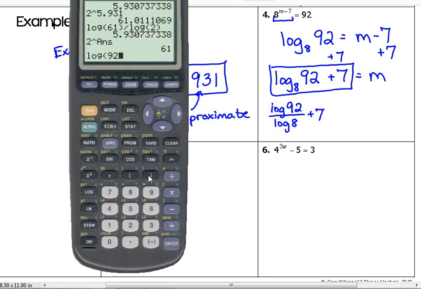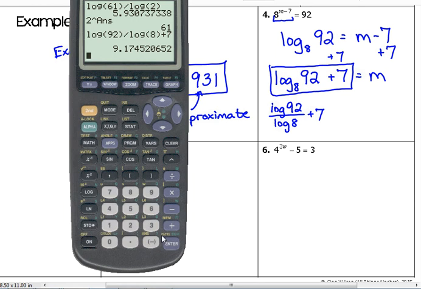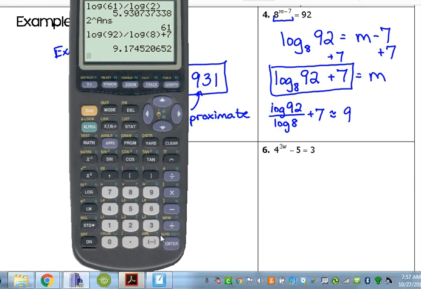Log 92. Make sure you close your parentheses, divided by the log of 8, plus 7. So our approximate answer is 9.175. Again, we can check it. 8 raised to the parentheses, I'm going to do second answer,